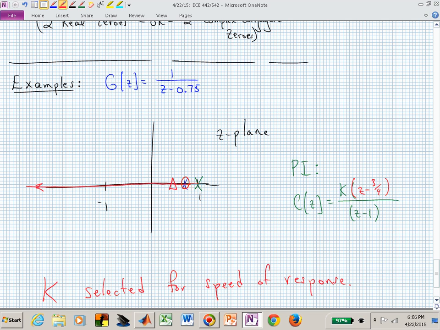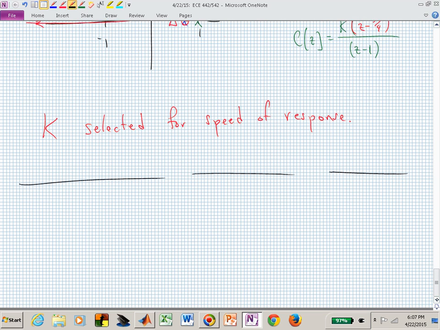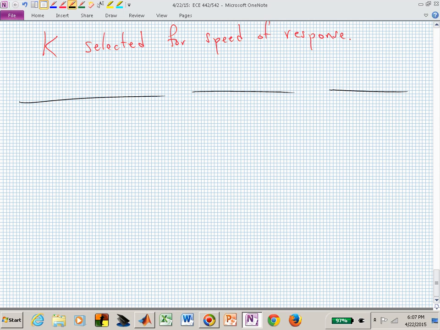Now what do I do? Well, I've already designed my controller to put a 0 at 0.75. Now your boss is going, well, then how robust is your design? Well, then you just answer your boss, right? You say, oh yeah, I had a controls class. So what do you do? You just, on the back of an envelope, you say,